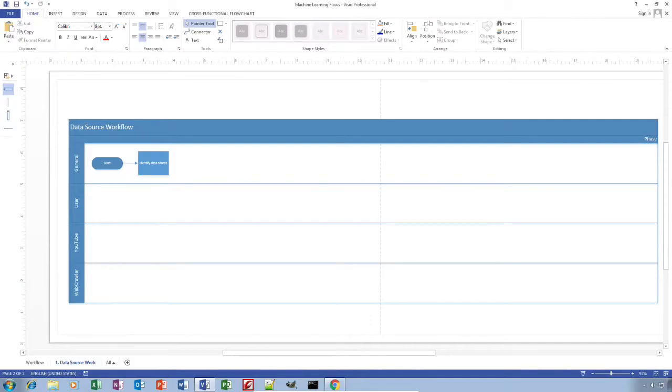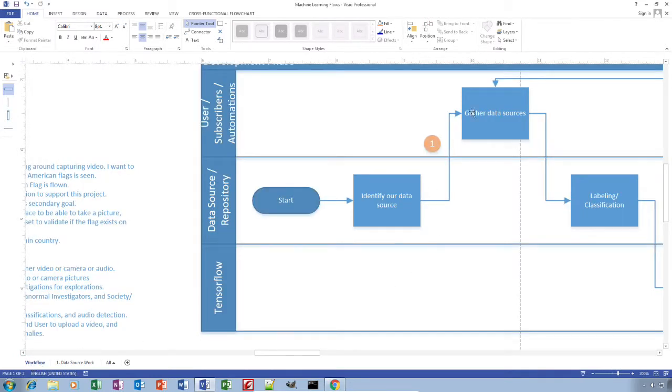All right. I got a little ahead of myself here. So I started a new page, and I wanted to break down these two steps here between identifying our data source and gather data sources. And I added this point of reference here to go here,